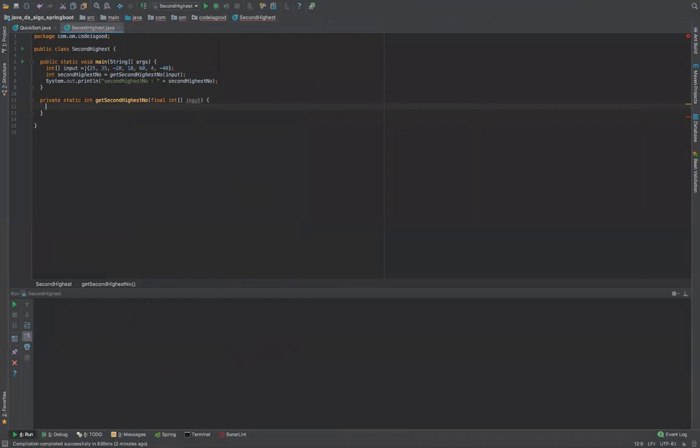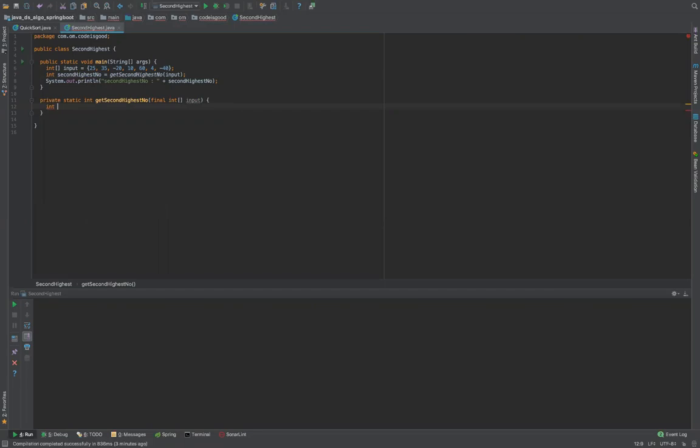Over here, we have an input array with a set of input numbers given, and then we will call a method getSecondHighestNumber with the input array as parameter, and then get the second highest number. So let's get into the getSecondHighestNumber method and find the second highest number. For that, we will create a few variables.